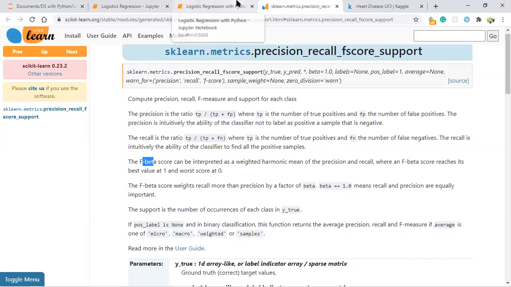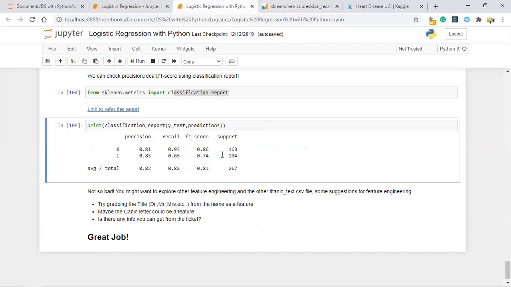The best value of the F1 score is between 0 and 1. If you are getting 0.86, that means the values you predicted as 0 are 86% correct. The values you predicted as 1 are 74% correct. That's the concept. Simply telling, logistic regression just tells true or false.